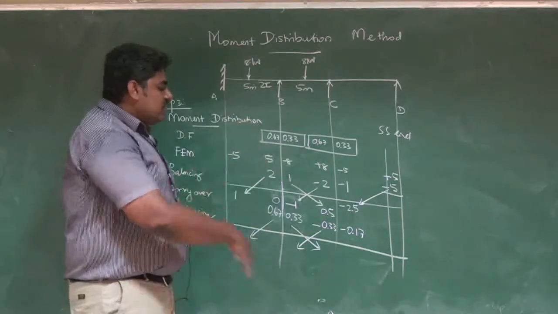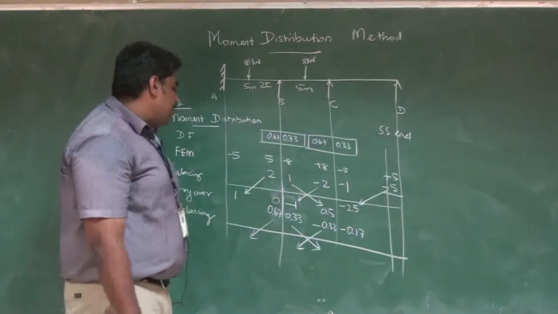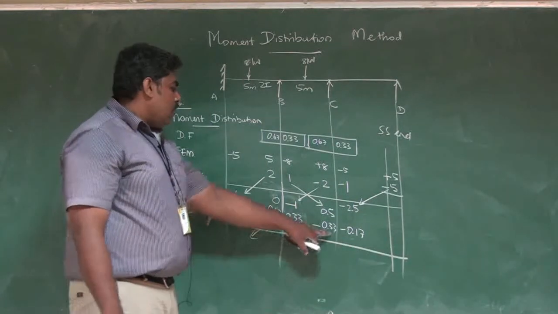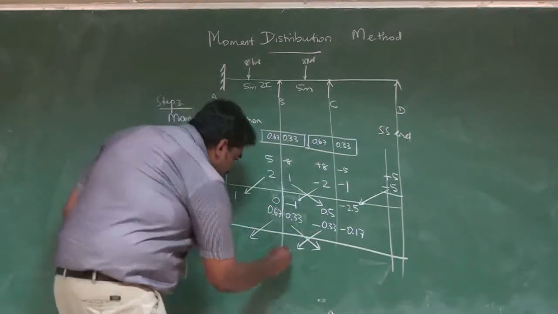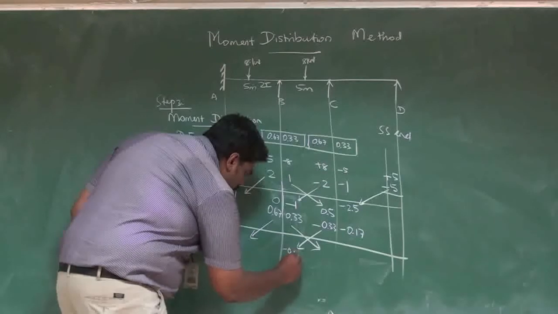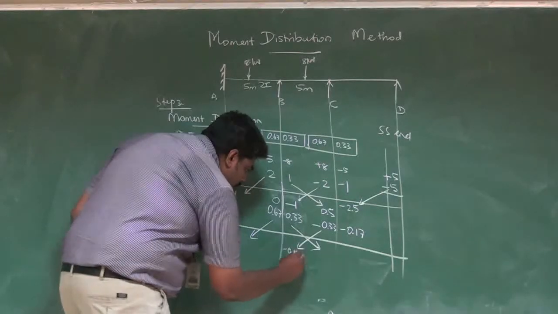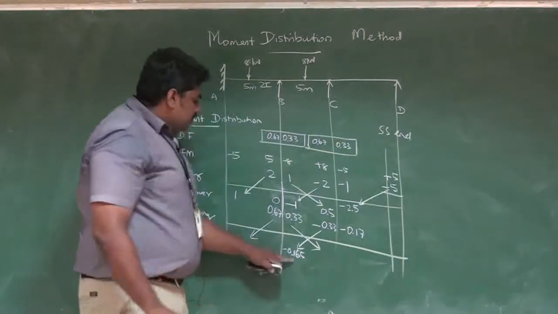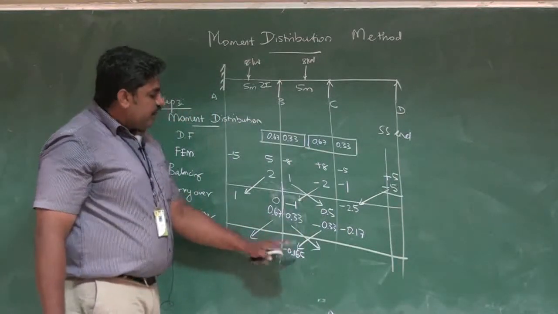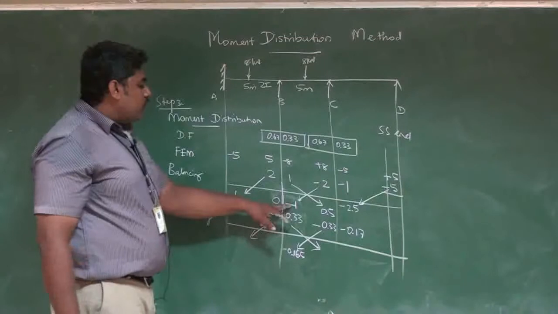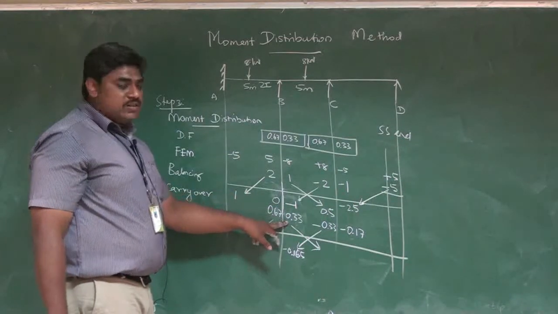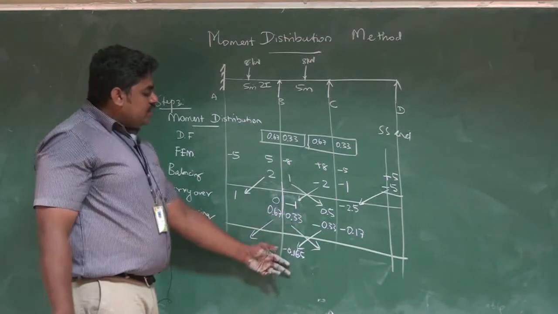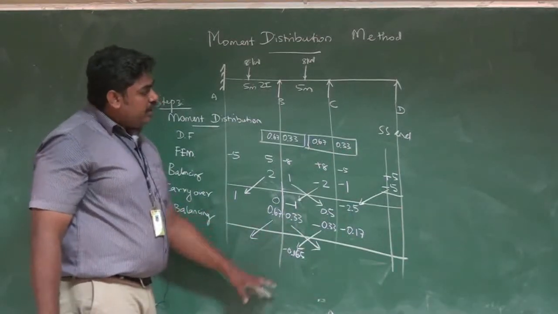So this procedure is repeated again and again till you get a value which is negligible, because now if you do the carry over here, it will be 0.165, right? So likewise the carry over value will get reduced. Here you can see the carry over is 1, here it is balanced as 0.33, now the carry over is 0.165. Likewise it gets negligible when we do the iteration again and again.